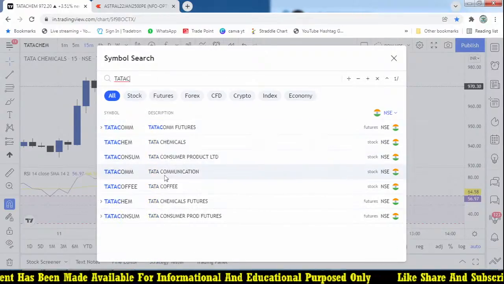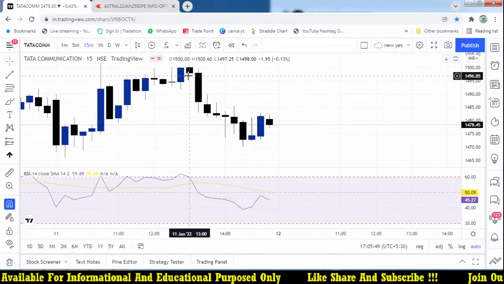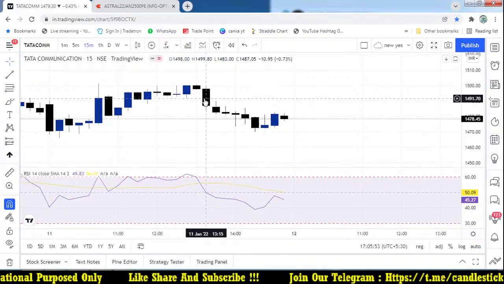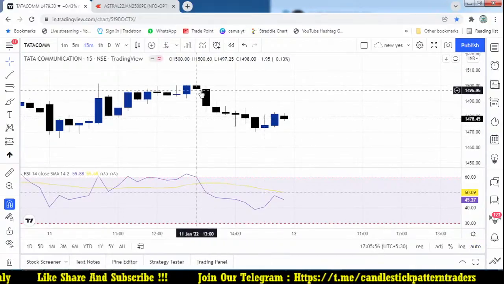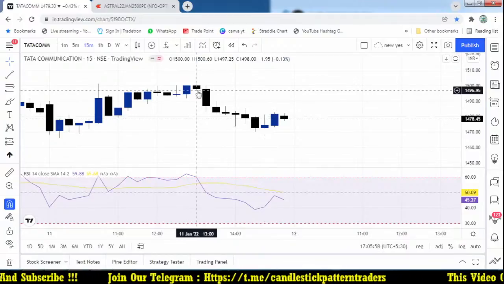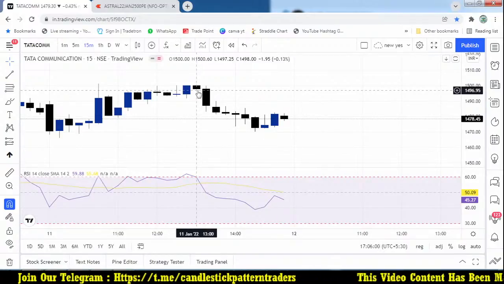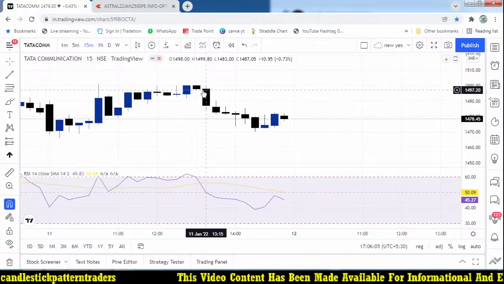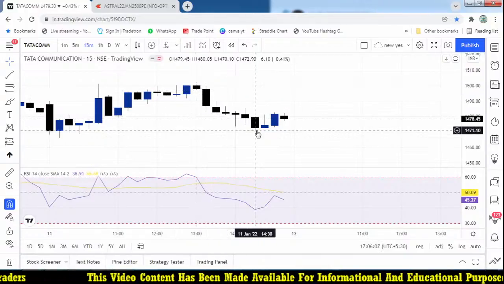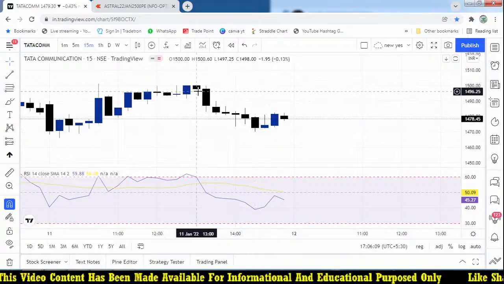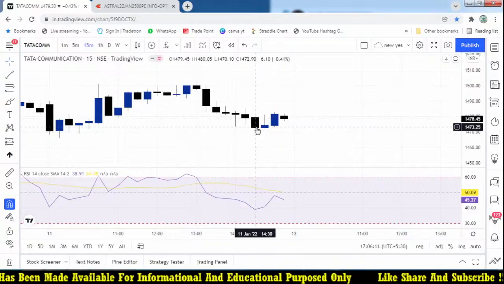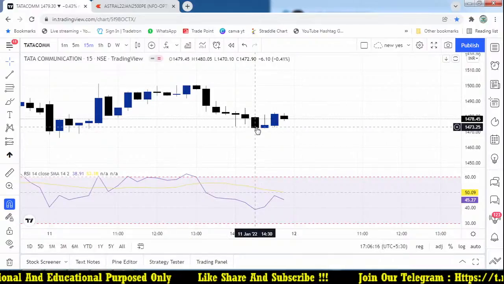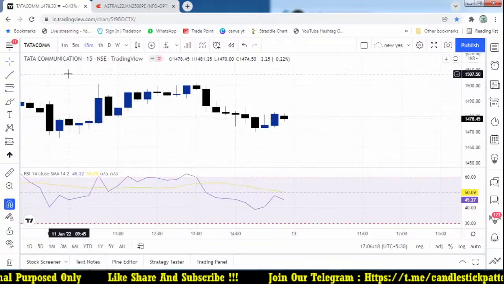And Tata Communication, the second one. So at 1 o'clock this, here it is giving you such a good opportunity on the downside. 1500, just a 3 rupees risk here. 1560 is the highest level and 1497 is the lowest level. Once it is broken, it fell down about 30 points from almost 1497 to 1470, almost 27-30 points. If you are taking the 1500 put option of Tata Communication,